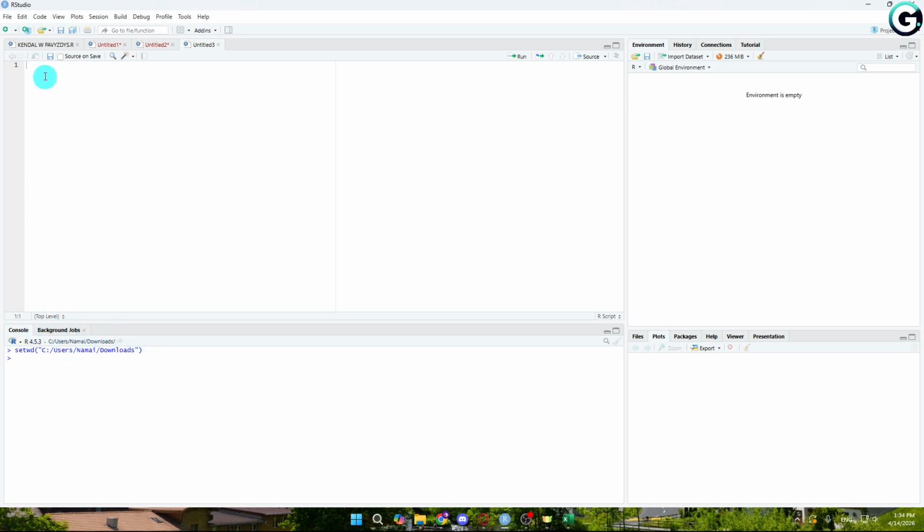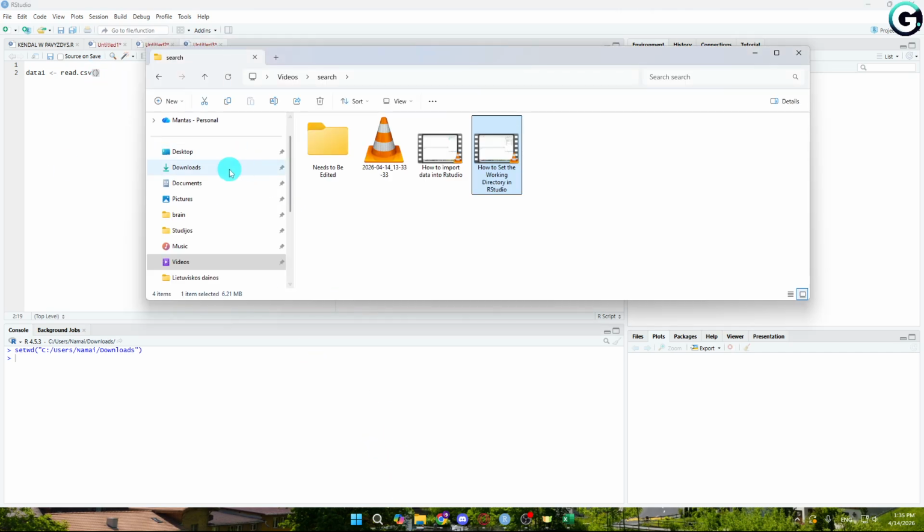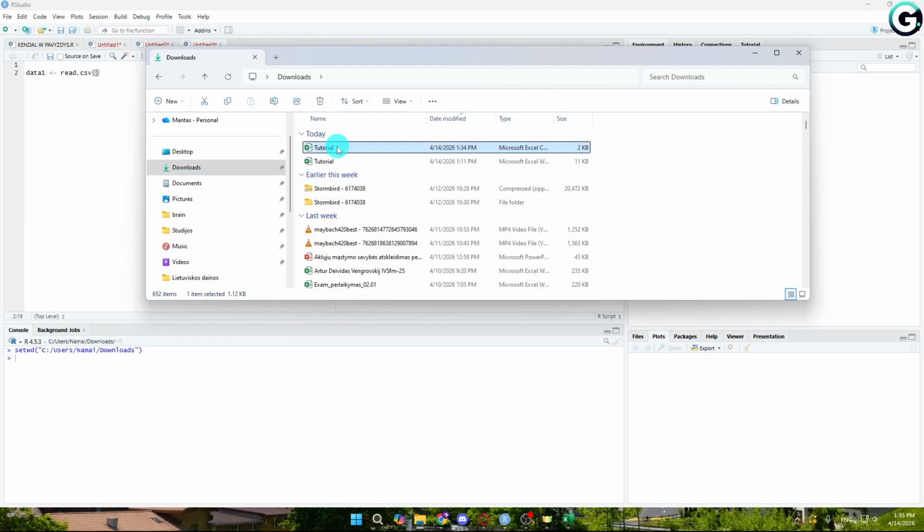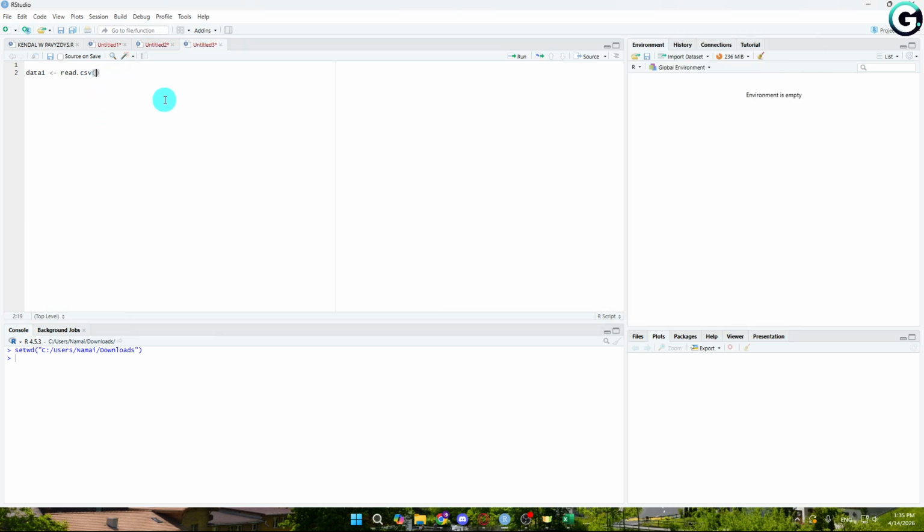Now what we'll need to do is basically type this. Data, let's say data1. Now just copy my symbols, but I'm just going to type. Now right here, what we'll need to do is write the file name. So if I go to the downloads, right here, you will see the tutorial. So just use tutorial.csv and now enter a comma, header equals TRUE, and add again sep equals